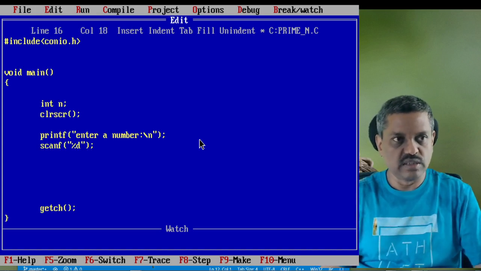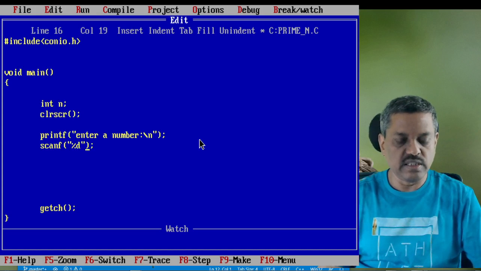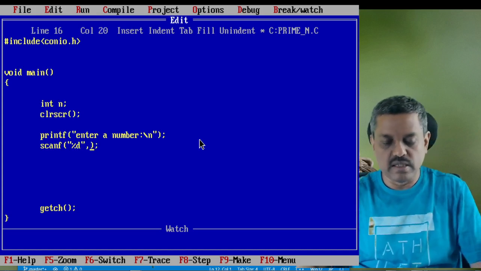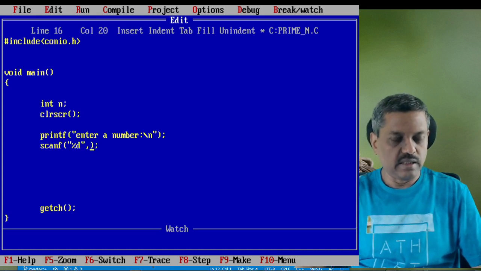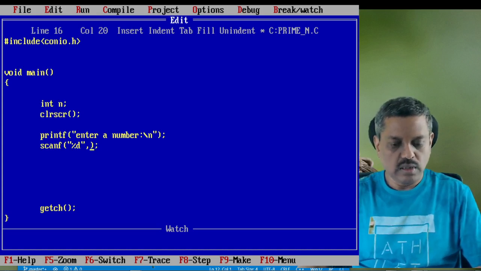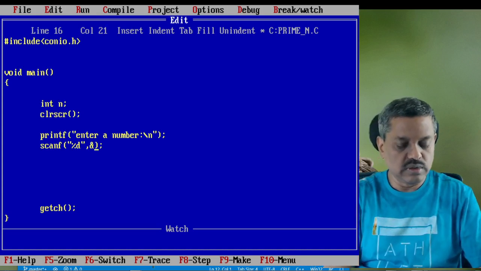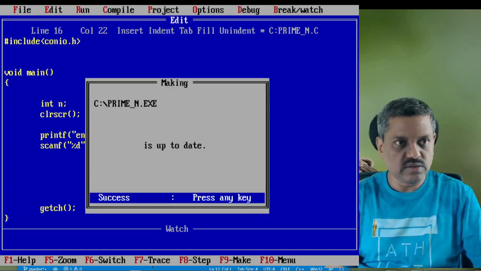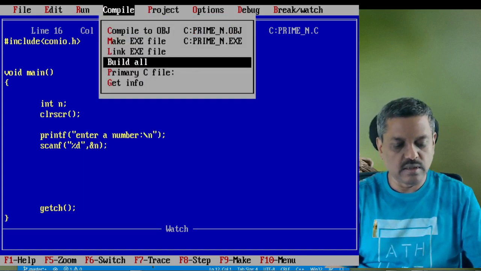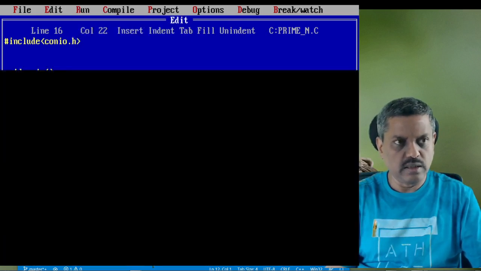Because it is integer data type, %d is the conversion specifier which we can use for reading that value from the keyboard, and then put that into the variable name, that is n. We compile this, save this, and then run that.